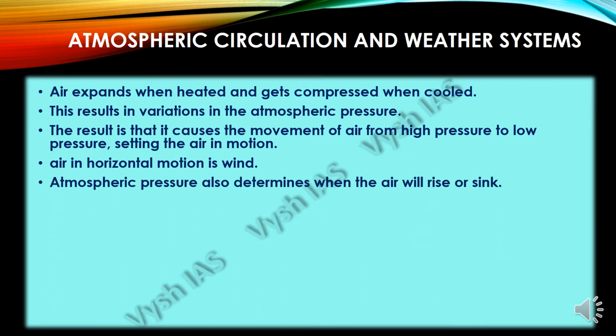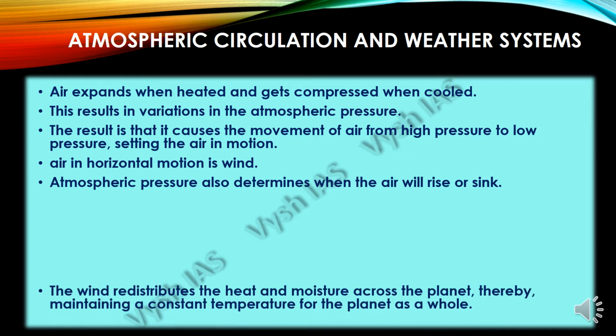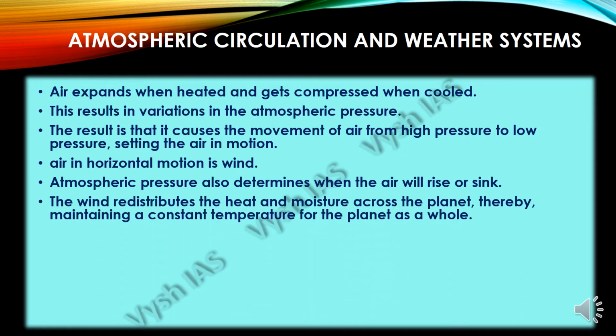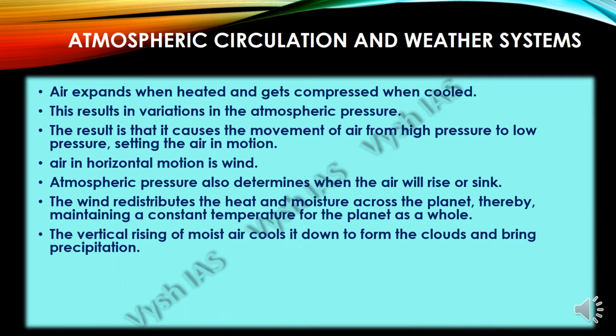And also the atmospheric pressure determines when the air will rise and sink. As I said earlier, the warm air rises and the cool air will sink. So the wind redistributes all the heat and moisture across the entire planet, and it will also maintain a constant temperature by carrying it from one place to another. The vertical rising of moist air cools down to form clouds,